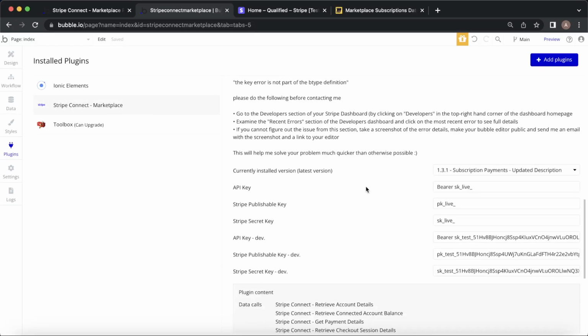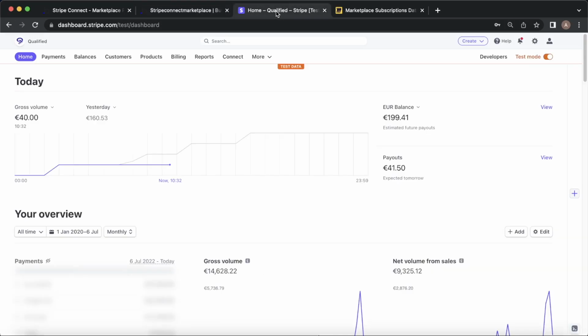Once you have it installed, you're going to need to configure some API keys. You can see down here, we have 3 different sets of API keys, both in development mode and in the actual live version. These are very easy to get. What you need to do is go to your Stripe dashboard. I have assumed that you have signed up for a Stripe account for this purpose. Once you have signed up for a Stripe account and you've activated Stripe Connect, you can go to the developer section of your Stripe dashboard